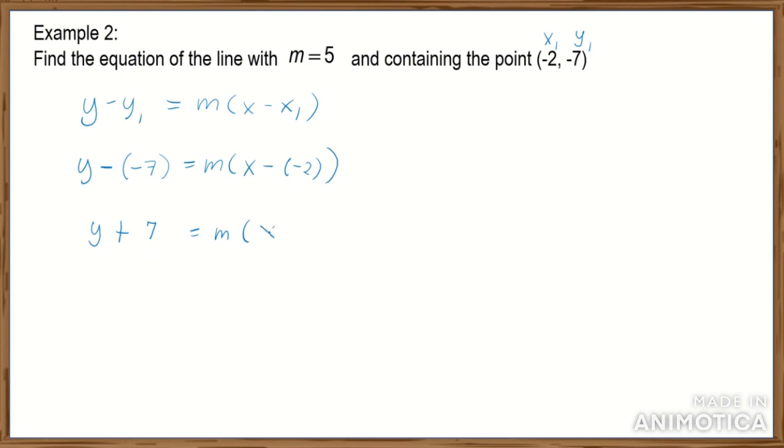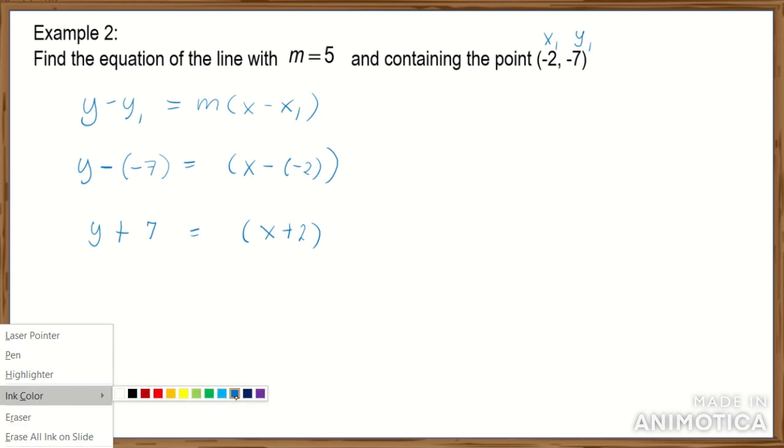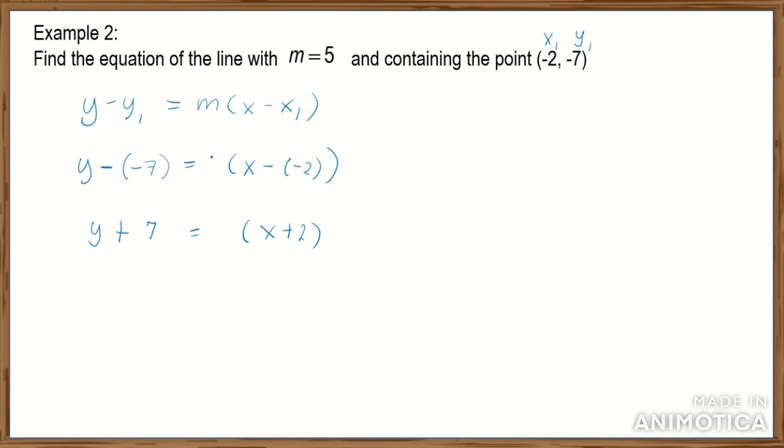So we have x plus 2. Okay, by the way, we forgot to write the slope. Sorry for that. Okay, just copy the slope. Our slope is equal to 5. It's quite easy anyway. Just write it here, 5 and 5. Okay, and then what we are going to do is we're going to distribute the slope 5 to the terms